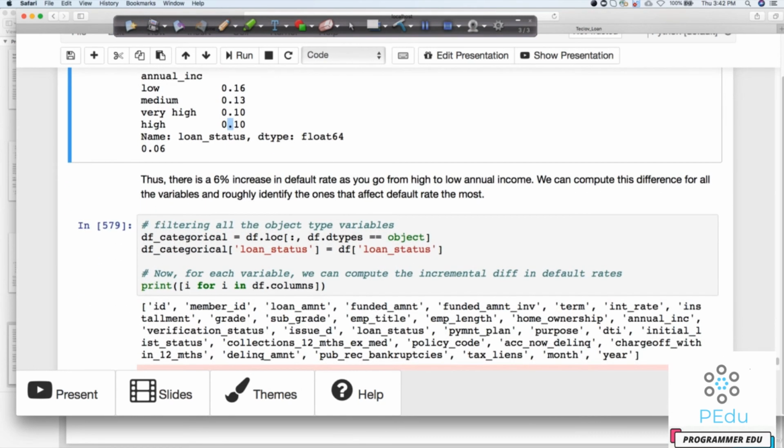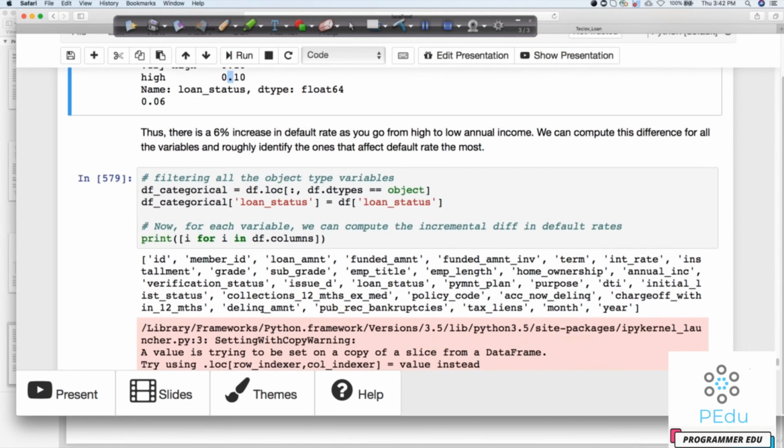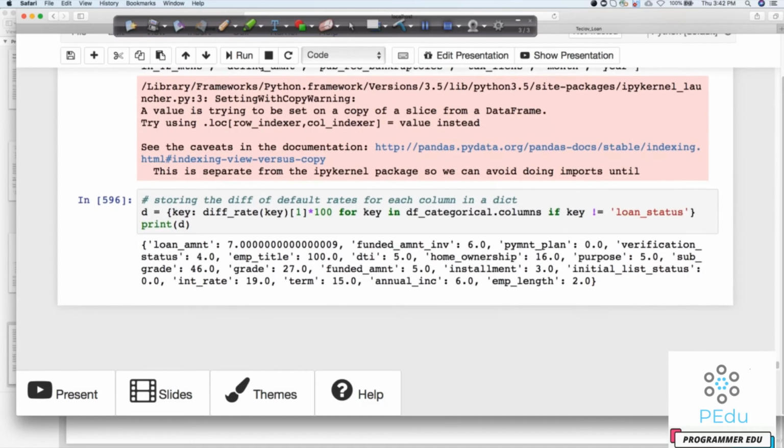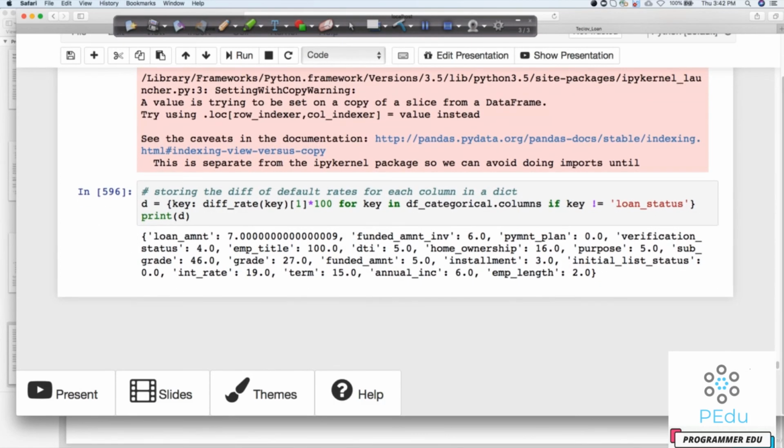How about if we use this function in a for loop? Now this is giving you a very interesting result, right? You can apply it with a for loop and keep the results in a dictionary format, and then you can see that for loan amount we have a 7% increase, for funded amount a 6% increase, and we can see that for term we have the maximum impact. So using this we will get a good insight into which columns have the maximum impact on the loan part. So this is how we are going to compute all these things.